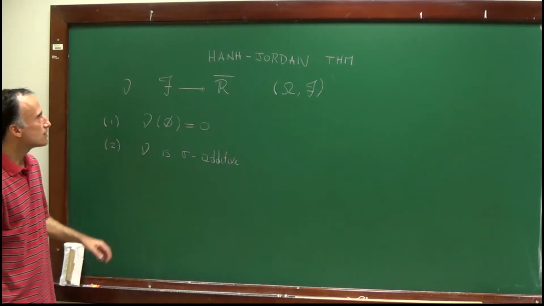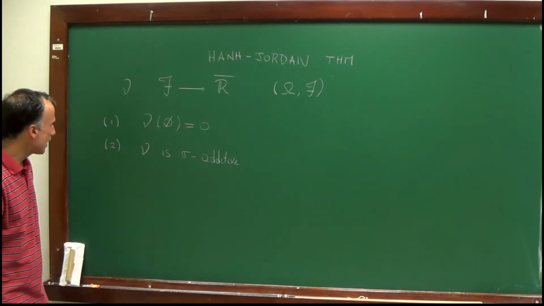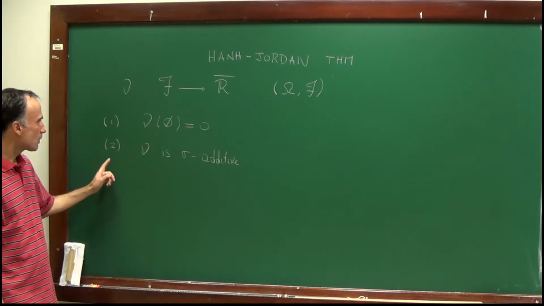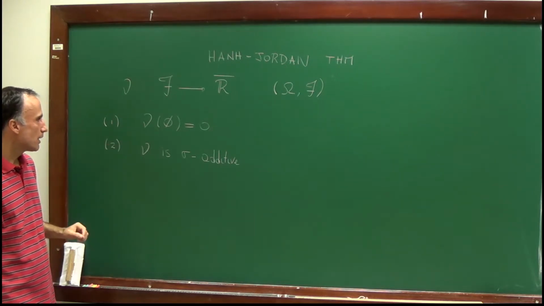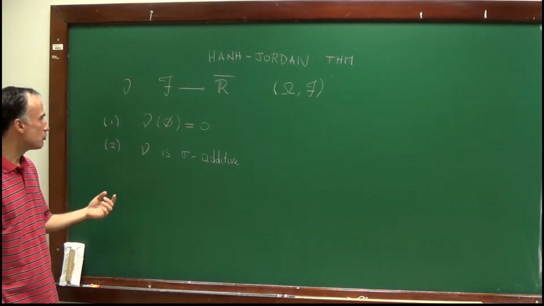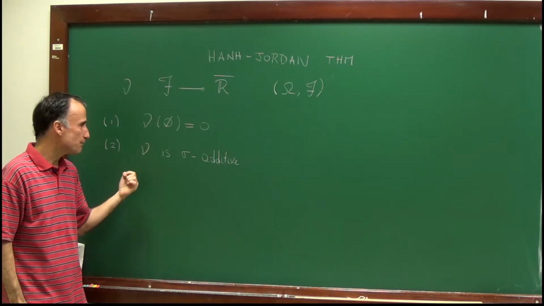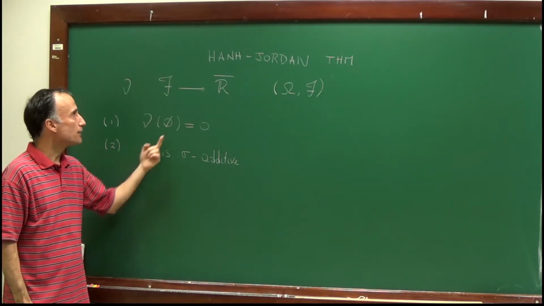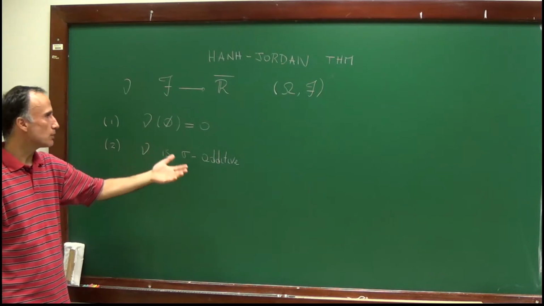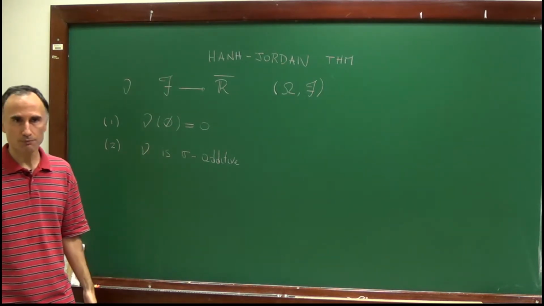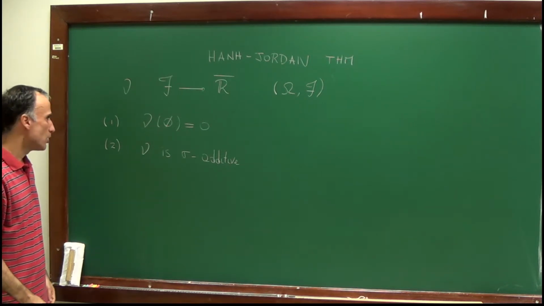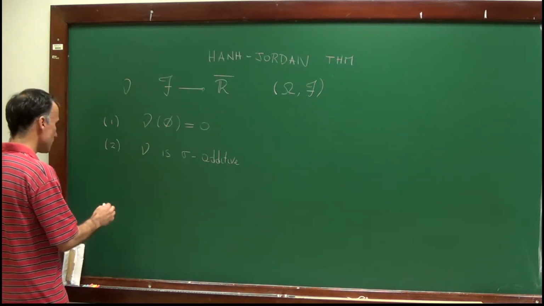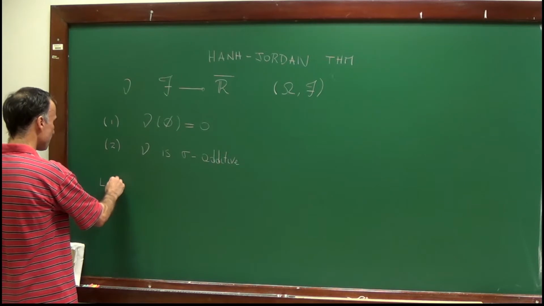So before I state the Hahn-Jordan theorem, I will prove certain properties of these functions which have already been proved in the case in which nu takes non-negative values, but I will repeat these proofs just to have a self-contained argument. So my first observation, my first lemma